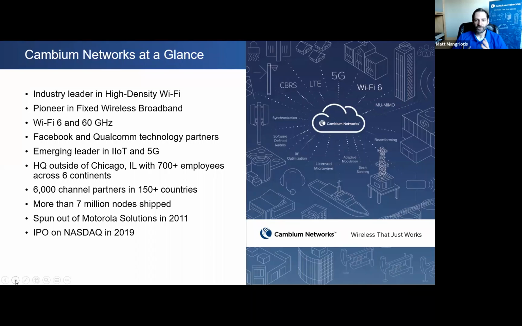We're embarking on new technologies, new things across the whole portfolio, including the advancement of Wi-Fi to Wi-Fi 6 standards. We launched the 60 gig product, which I'm sure a lot of folks are very excited about. That thing is awesome, and we're super excited to get that out the door and get that rolling in production. Partnering with both Facebook, Qualcomm, some of the major names, and we're going down the path of, at some point,